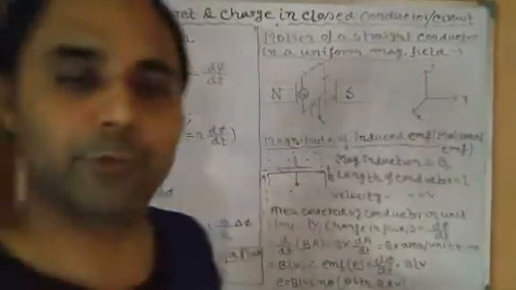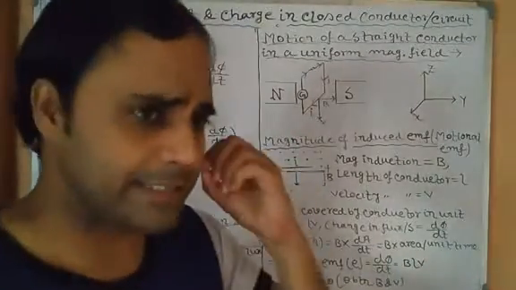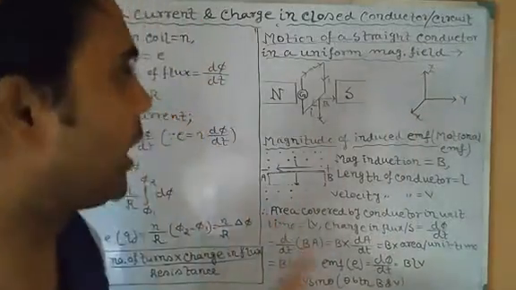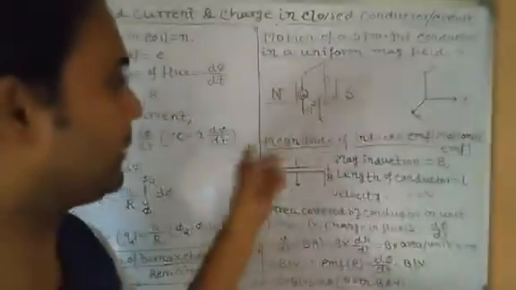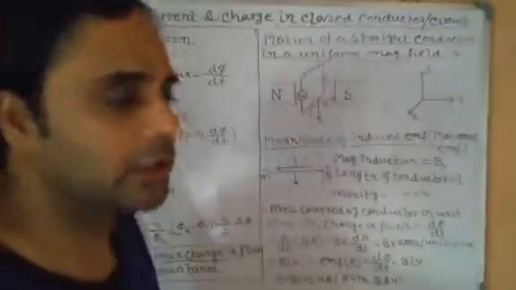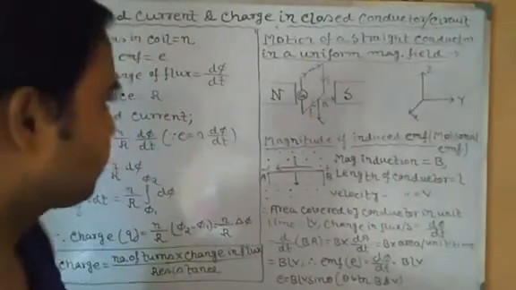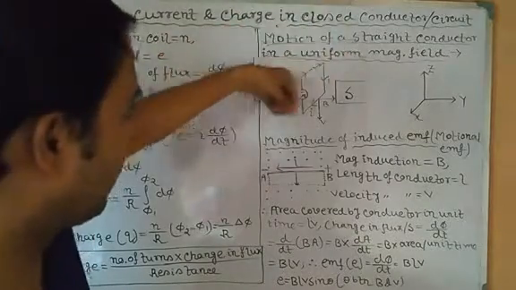Uniform means, as I have told several times, that the magnitude and direction of the magnetic field are exactly equal at each and every point. Only in that case is it called a uniform magnetic field, and the magnetic field lines are straight, that is, parallel. Clear? Here the direction of the magnetic field acts from the north to the south pole, in the direction of the magnetic field lines of force. Here we have taken a closed conductor in the form of a rectangular shape.